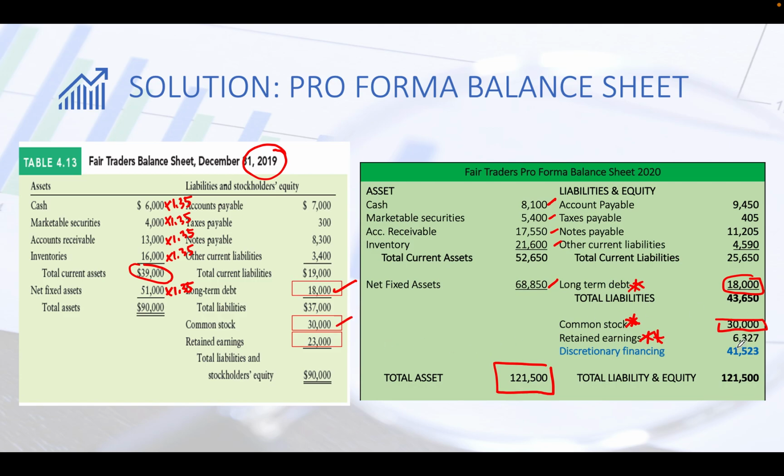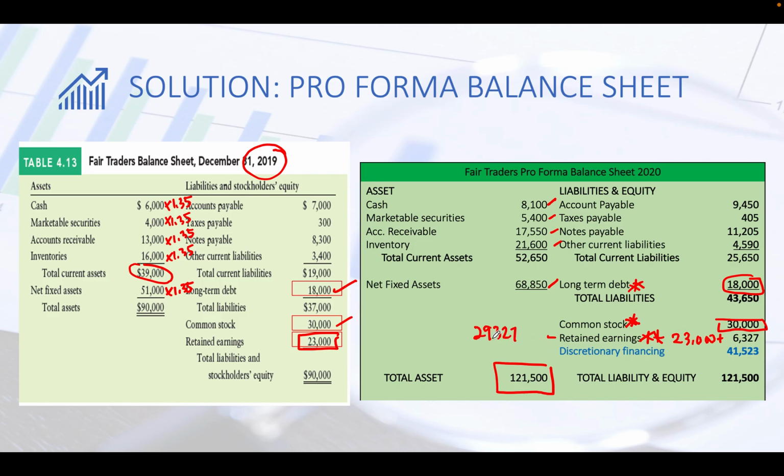Okay. Cuma return earning ni a bit salah ni. 6327 dia kena campur dengan 23,000 ni. 23,000 dia akan jadi 29, So return earning dia akan jadi